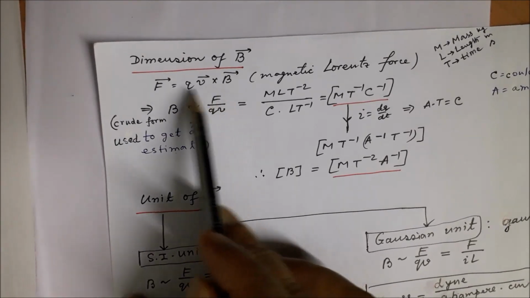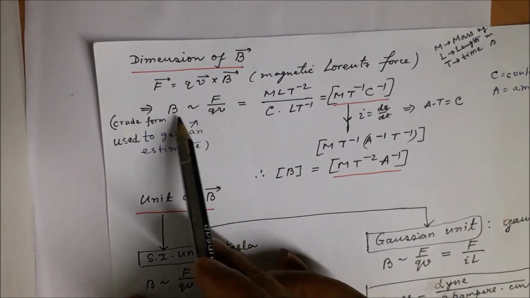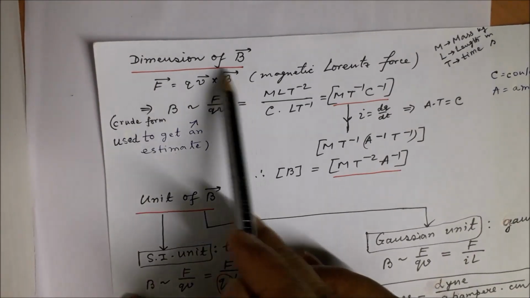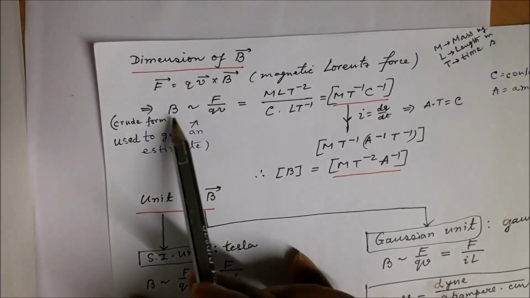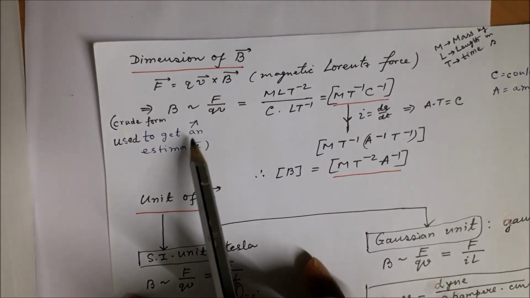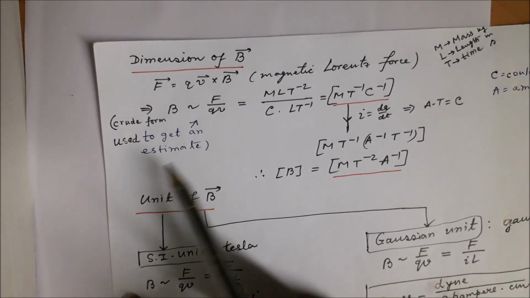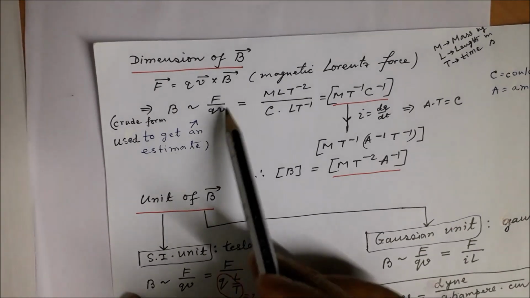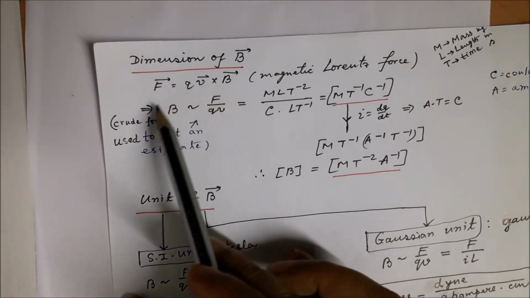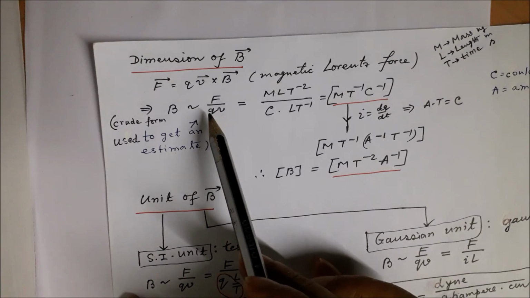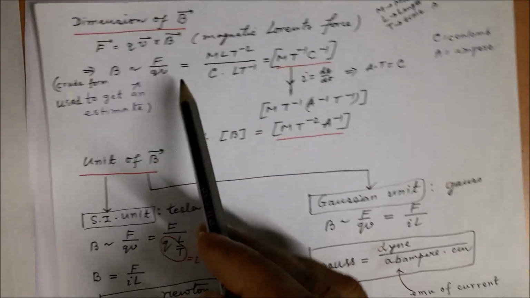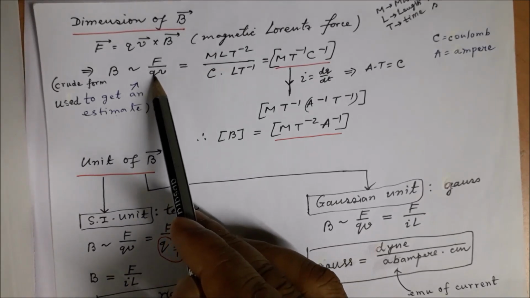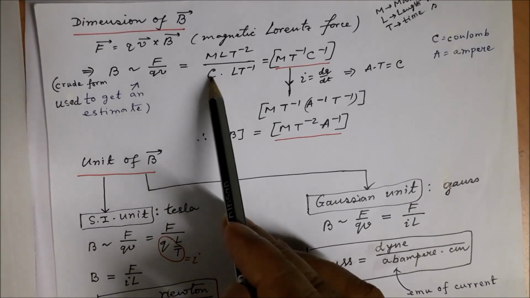This is, mind it, a crude form. This is not a definition of B. The definition of B follows from the Lorentz force equation. But just to get a rough estimate of the dimension and the unit of B, we write B in this way. Now, substituting the dimension of force,